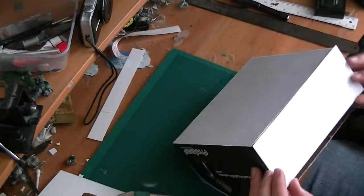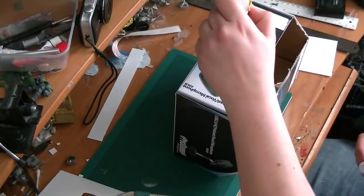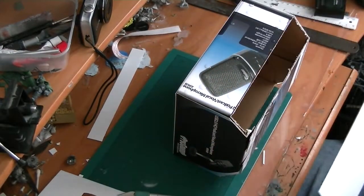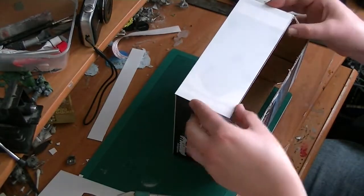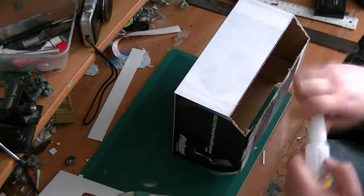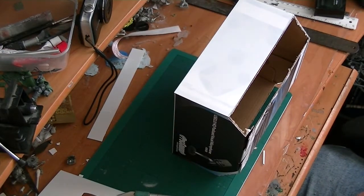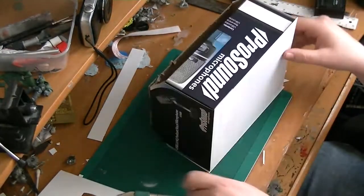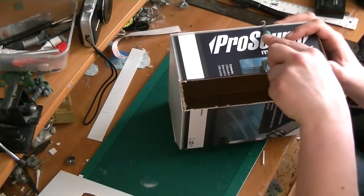I'm gluing it down with super glue, just because it dries quickly. I was going to use a hot glue gun, or maybe even PVA, but if I used PVA, it would take so long to actually stick. Also, a hot glue gun is okay, but I just can't be bothered working with hot glue. It's messy, and it doesn't always dry flat, and super glue has a nice viscosity, so it sticks well